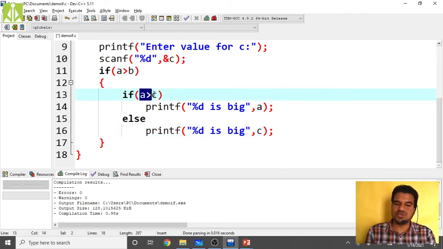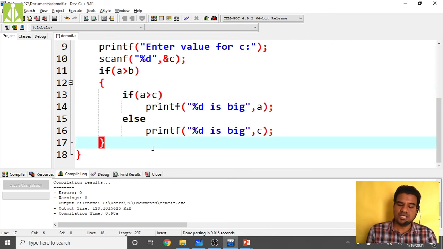If the second condition goes false, automatically we conclude that c is big, without doing any further comparison of c and b. The reason is that we already compared a with b and concluded a as big. If b is smaller than a, then when this condition fails, b automatically becomes smaller than c as well.